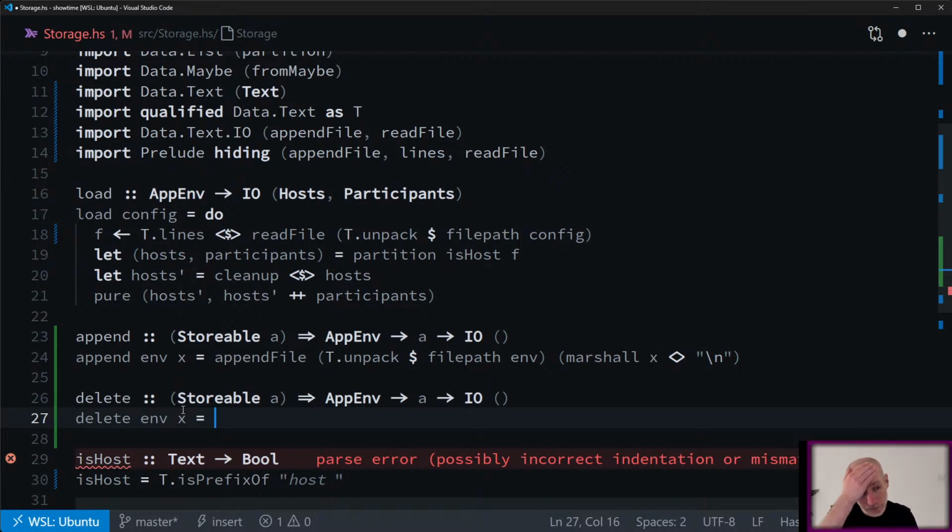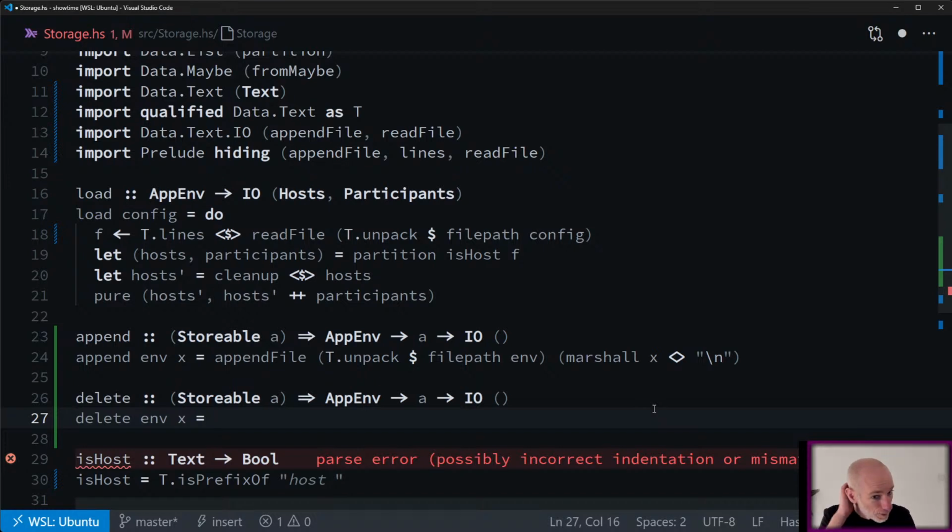Then we'll have a list of lines. We'll just delete the one that matches whatever the marshalling of this thing is. And then we want to write it back out to the file in some safe way. Not sure how well this is going to work with laziness, but we'll give it a shot and see what happens.